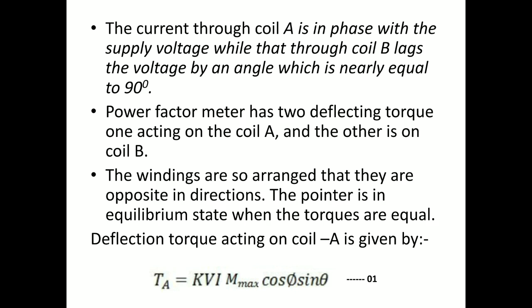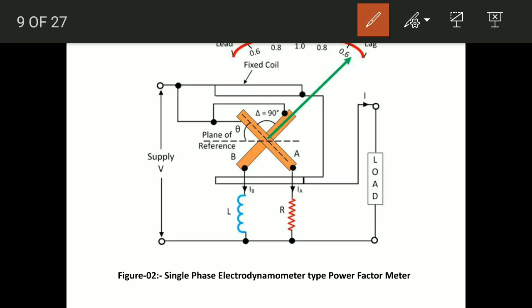Now in this case, phi indicates the phase angle between V and I, and theta indicates the initial position of the moving coil with respect to the plane of reference. So if you see that diagram very carefully, here the initial position of coil A with respect to the plane of reference is theta. That is the reason in that equation we have written